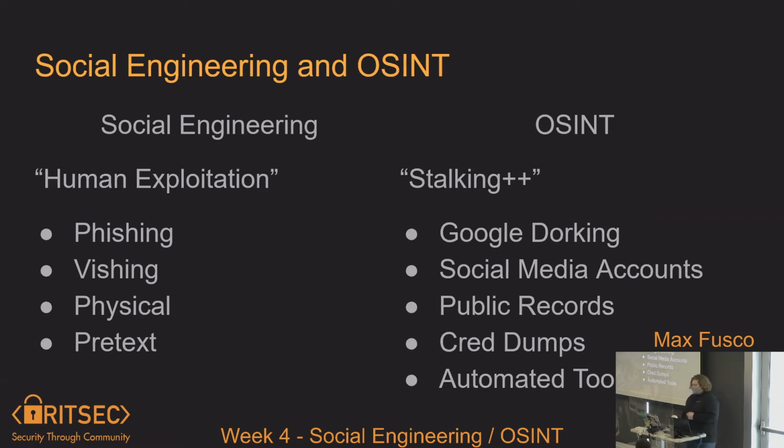One of the big things is we need to know the difference between what social engineering and OSINT actually are. They're kind of one and the same: you use OSINT for better social engineering, and you can use your social engineering skills to improve your OSINT skills. But generally, social engineering is that idea of human exploitation. So when you get a phishing email, there are some key concepts you can refine in there to ask, hey, why is this working so well?